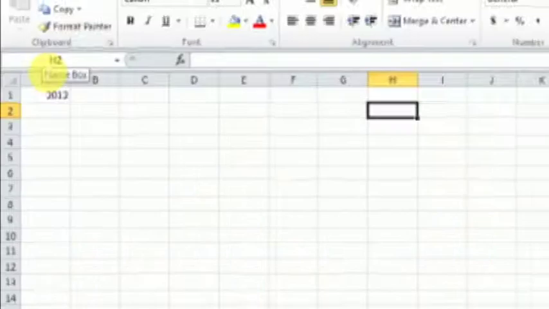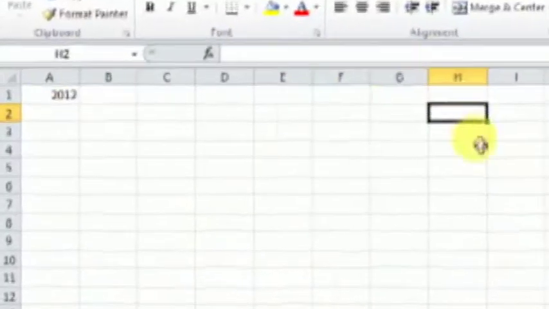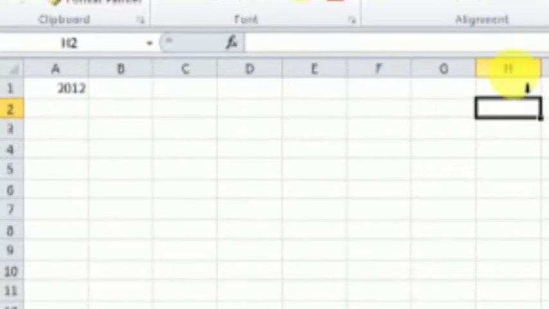So any cell that you select and it becomes the active cell, its name will appear in the name box. Currently the active cell is made by column H and row 2, so the active cell name is H2. Always the column letter comes first, followed by the row number.